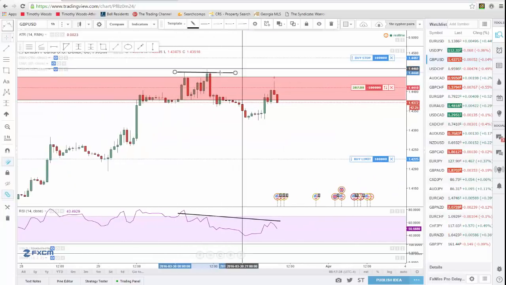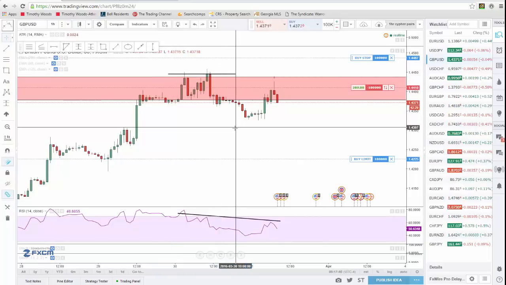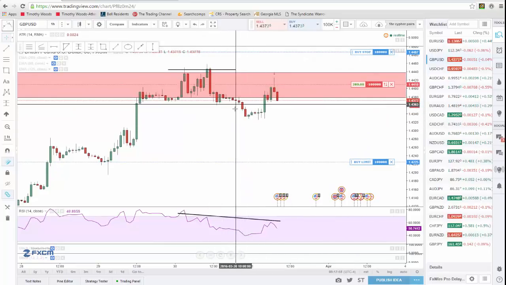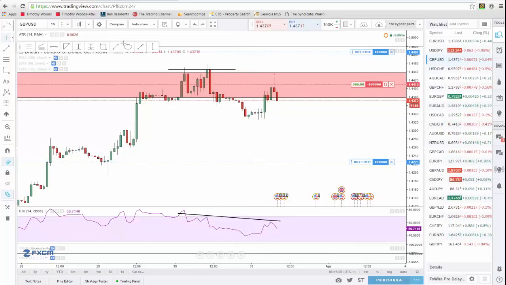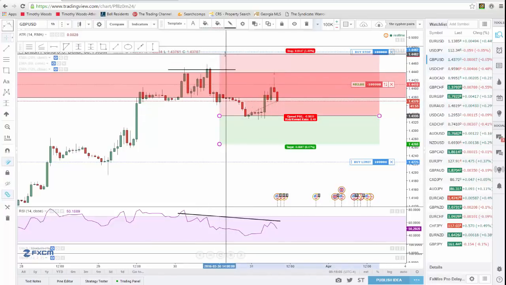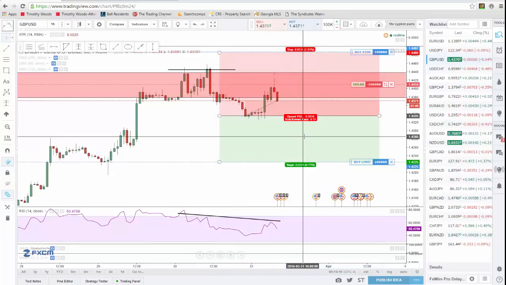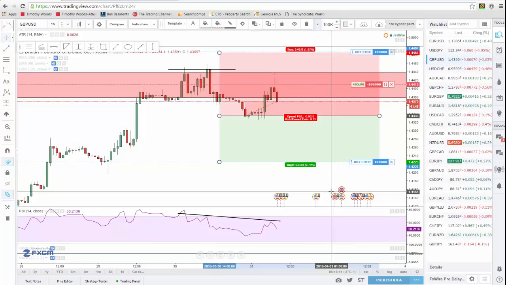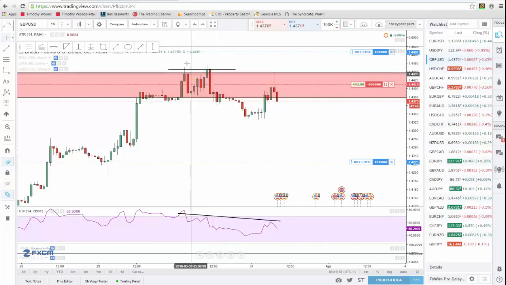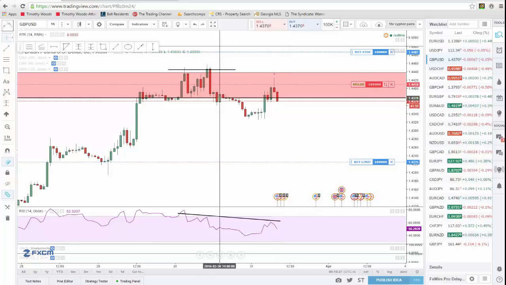And I actually noticed this trading opportunity last night, but I was unable to get involved because my risk reward would not have been good enough. Last night we were down here in this area whenever I looked at this trading opportunity, and if I would have got short here, as you'll notice, my stop would have had to go at the same place and my target would have went in the same place, so I would have got a 0.73 risk to reward, and that's not meeting my rules. So I had to wait for a pullback after the break and close below the neckline of this double top in order to get the risk reward that met my rules.